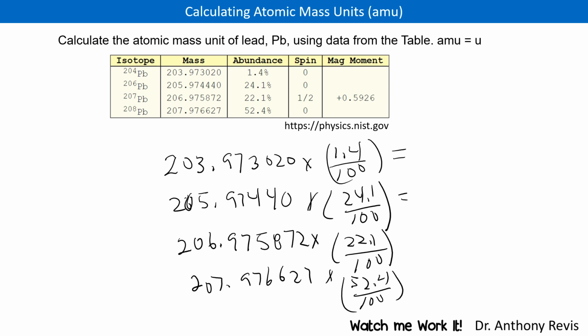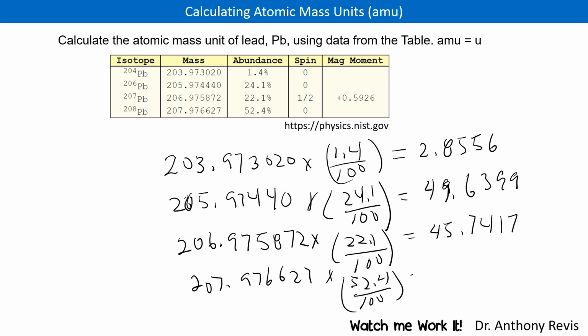So I'm just going to give you what I have here when I punch mine through. This first one I get 2.8556. In the next case I get 49.6399. Here we have 45.7417. You can punch them out yourself and write the numbers a lot cleaner and neater than I'm writing them. But in this case, we get